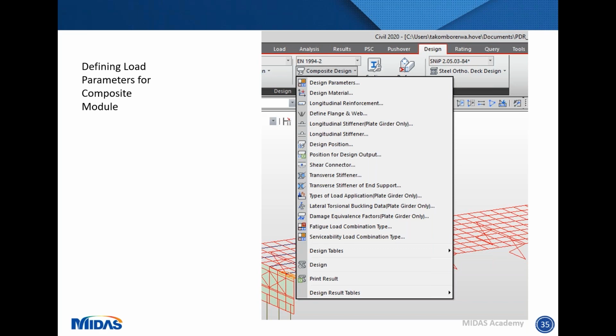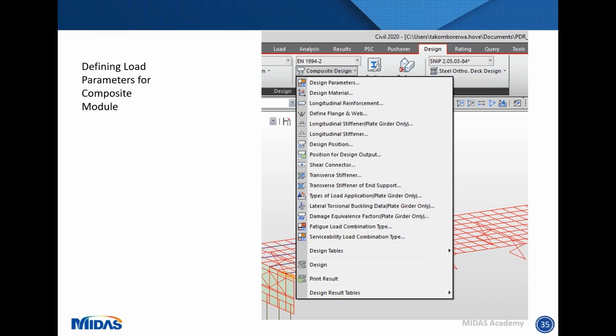You can define your longitudinal reinforcement, which is quite important if you know that there's going to be cracking at the ends. And for the elements that I was talking about before, the design position and also the design output, you can create specific groups where the design position could be for all the elements for the composite beam, but the position output could just be picked for the west areas.